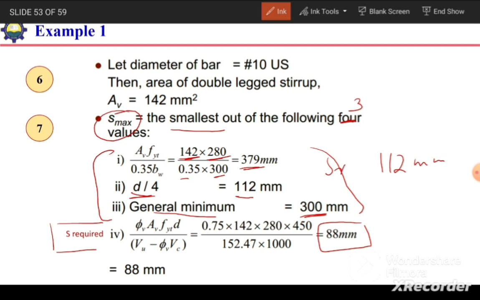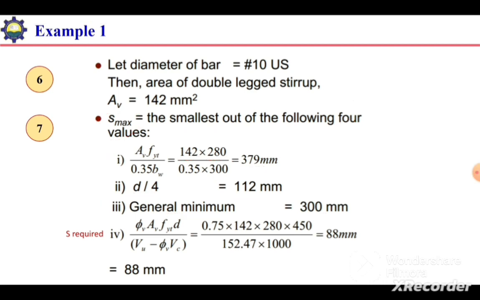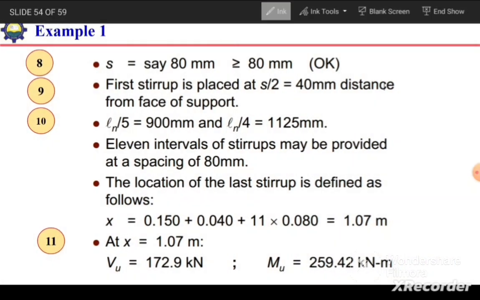So S required is 88, which is less than 112 millimeters, so it is okay. Our required spacing is less than the S maximum. Now we need to compare this with the minimum spacing limit. First we need to round down the value of 88 to 80. So S will be equal to